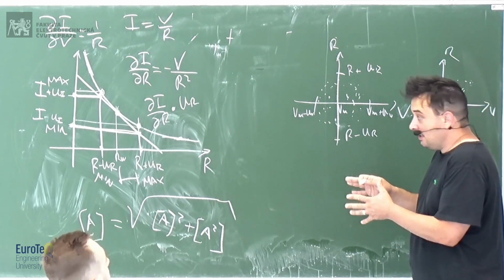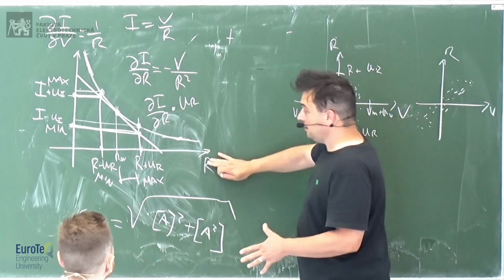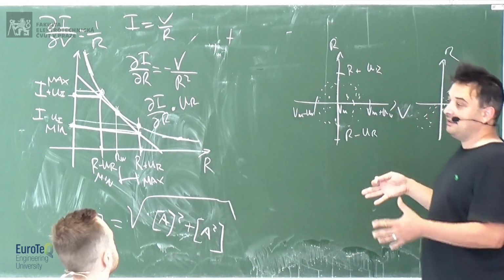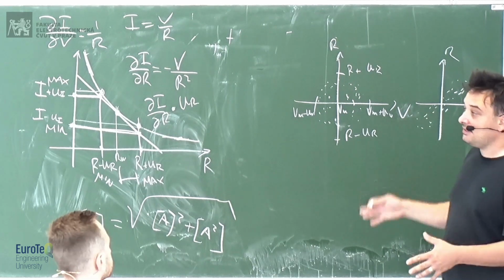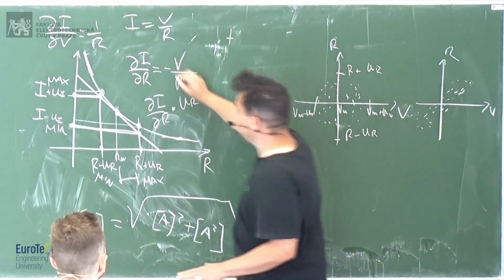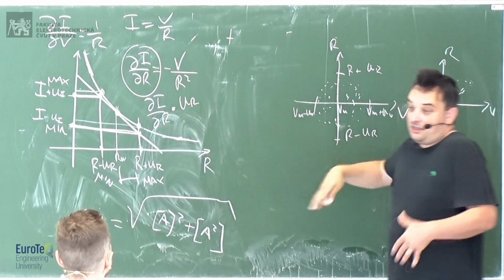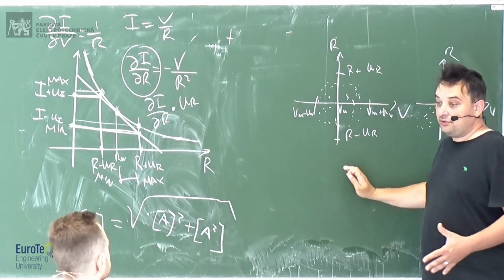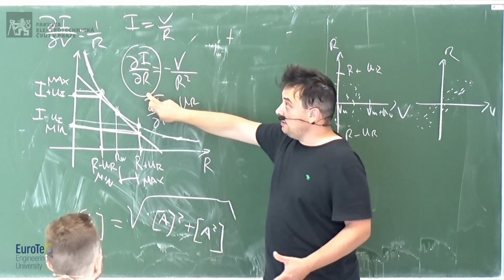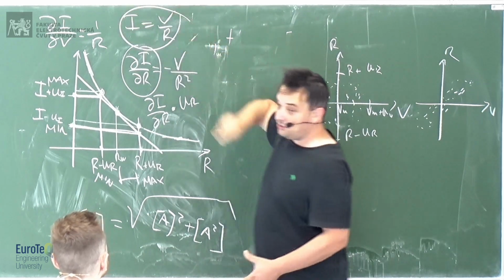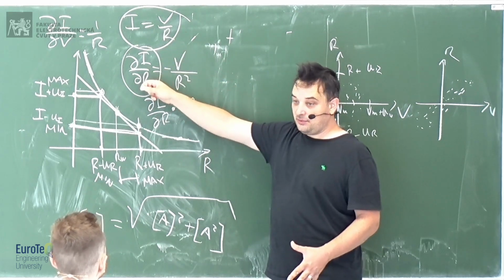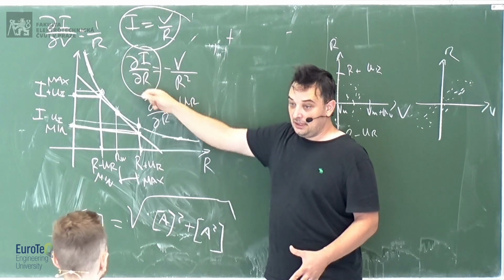When you do the partial derivative, you say, okay, now I consider the source of uncertainty given by the resistor, by the fact that I don't know the real value of the resistor. In that case, I consider the voltage is perfect. The voltage doesn't change. I calculate the partial derivative with respect to the resistance because the voltage is constant. If it's constant, you can calculate the partial derivative with respect only to that variable. So you consider the voltage constant in this formula, and the variable which changes is R, and you calculate the partial derivative with respect to R.